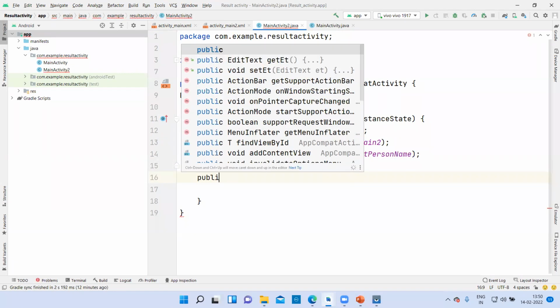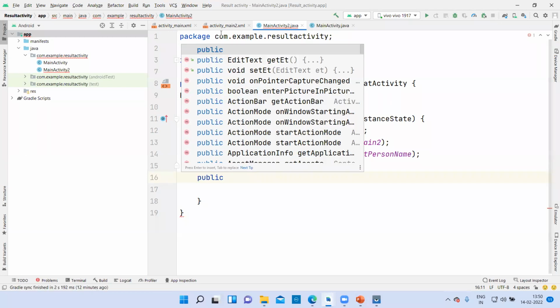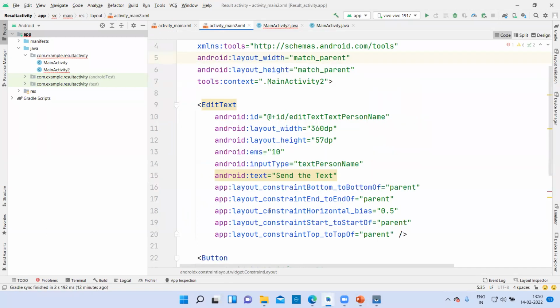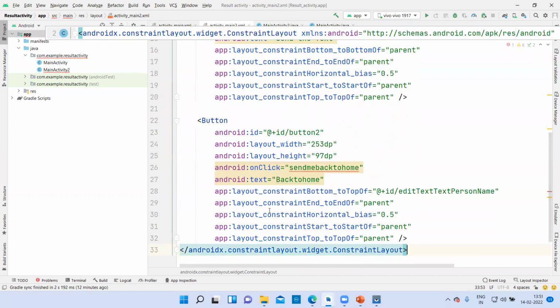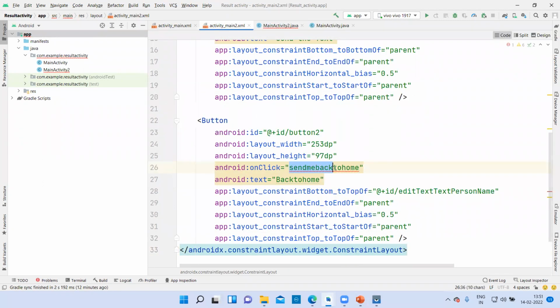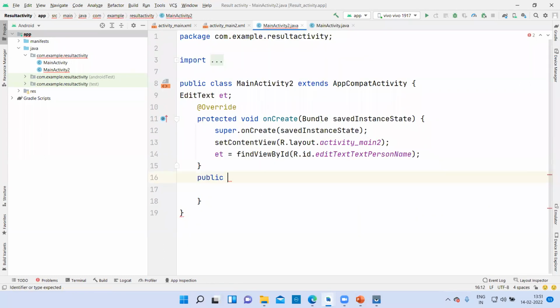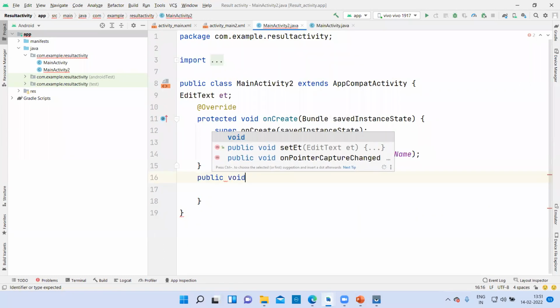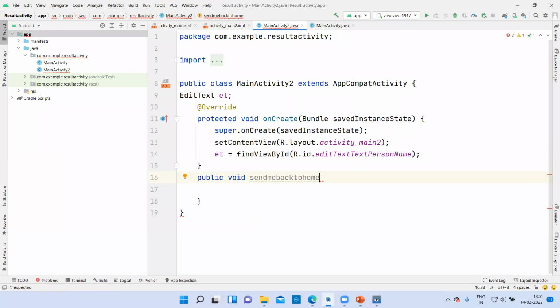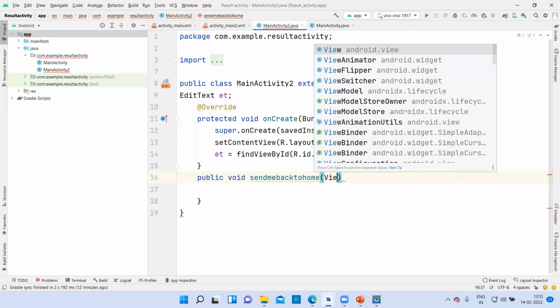Then you will write public void. Let me see which method I have made here. On the click of button, send me back to home. Let me copy this. Public void, paste, send me back to home, and you will open this and pass the object of view.